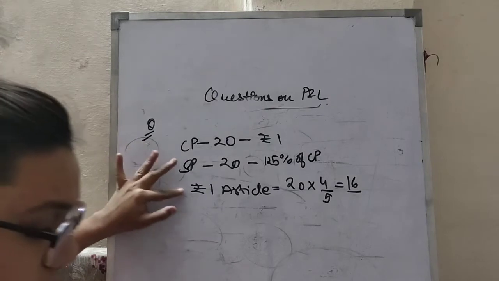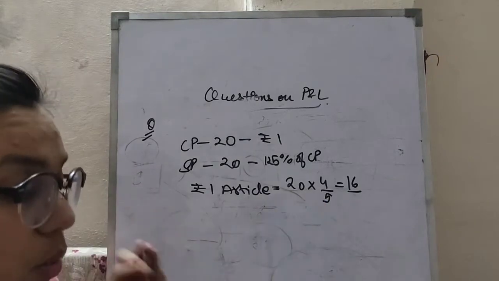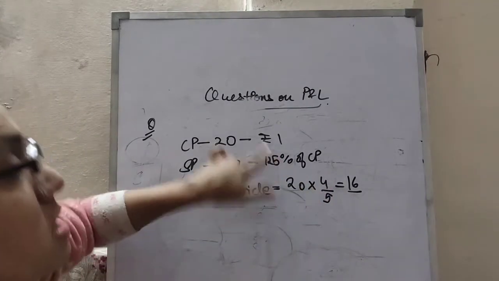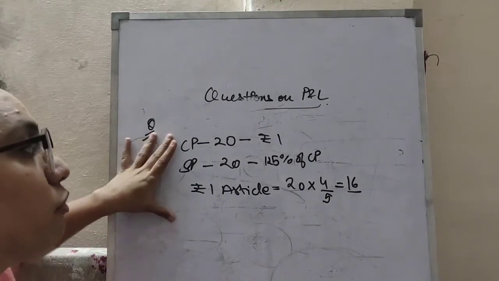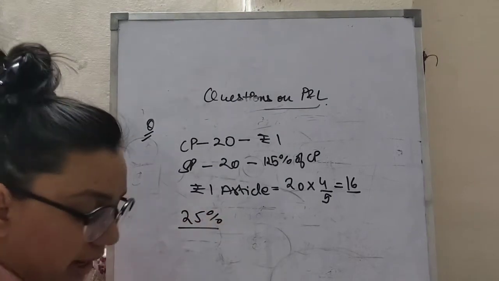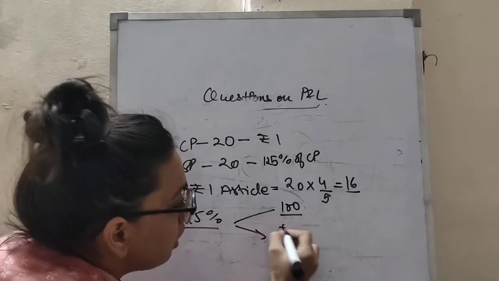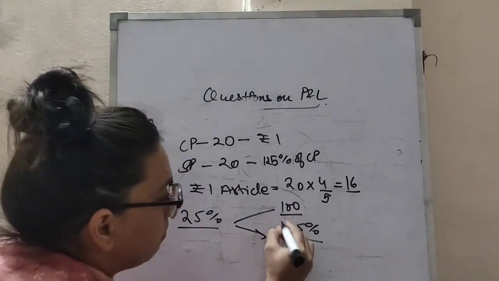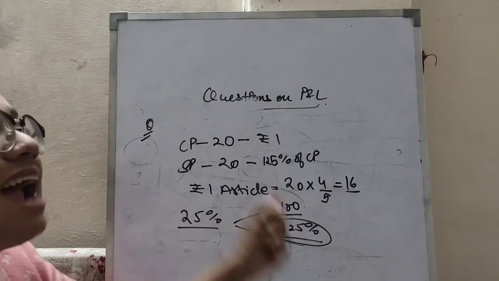So herein what I have calculated, what will be 1 rupee selling price of this when I am having 4 by 5, that is 25% of its gain. Okay, so now what is the shortcut trick to calculate this? Okay, so you require to have a 25% of gain here. Okay, that means 100% plus 25% on CP, right? So it will be like 125 in all. Now the article should be sold at rupees 1.